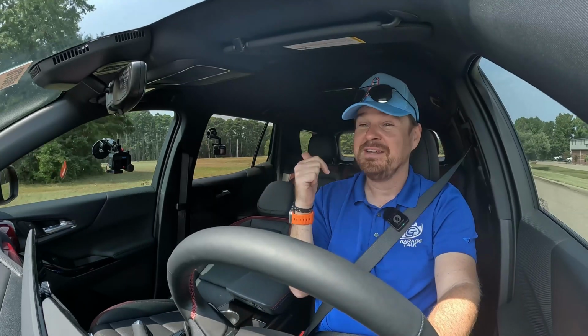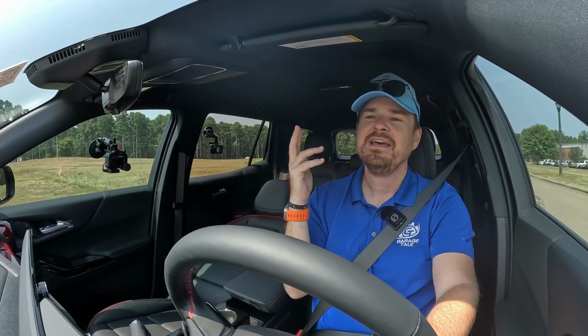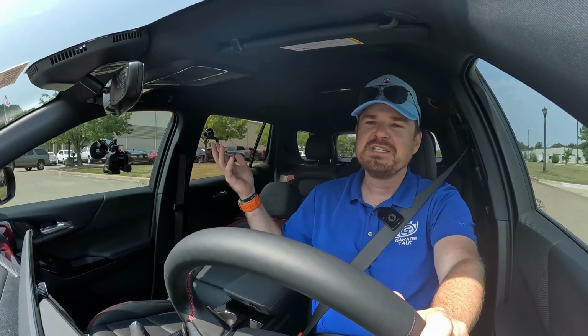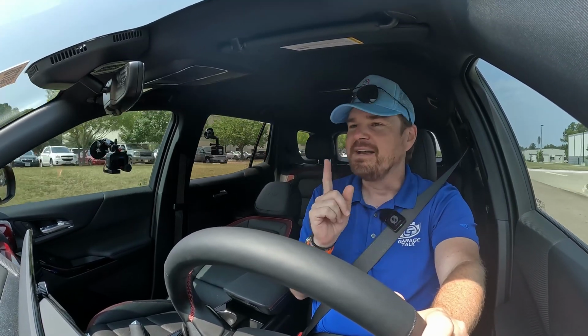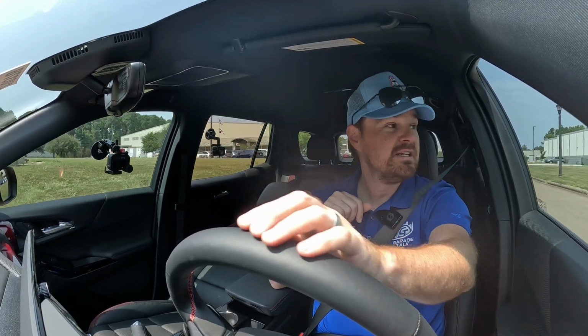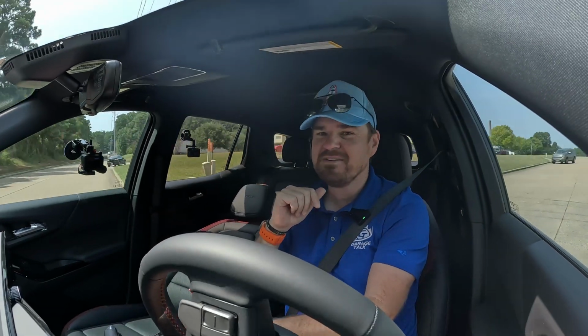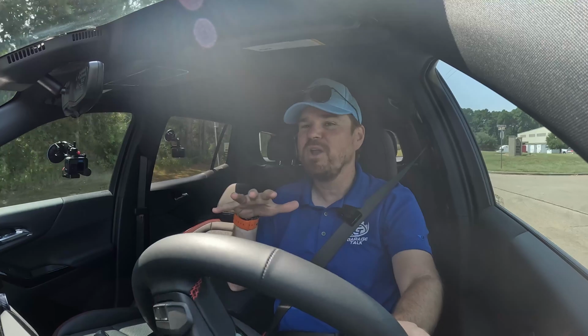Let's hop back behind the steering wheel and see how it drives. Looks good, is good, both inside and out. Decent powertrain. I've got no complaints just in my tooling around, getting here to my filming location in it. Do I love CVTs? No. But does Chevrolet do a very good job with their CVTs? Yes, actually. These are not the worst CVTs that I've experienced, and I'm not going to flog this one because